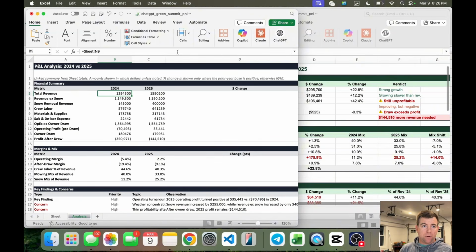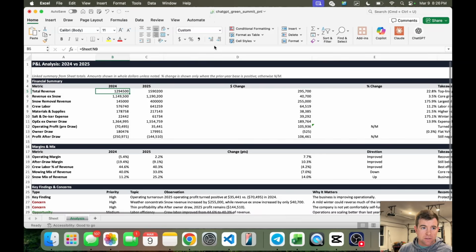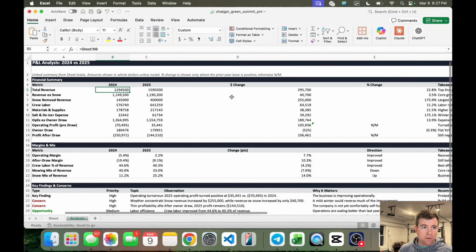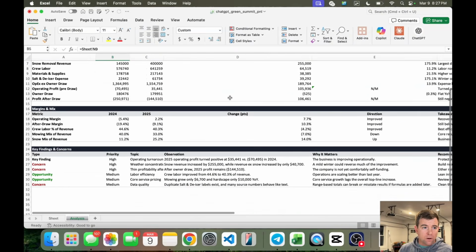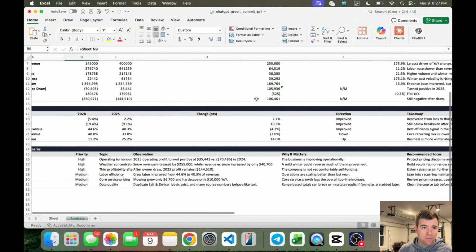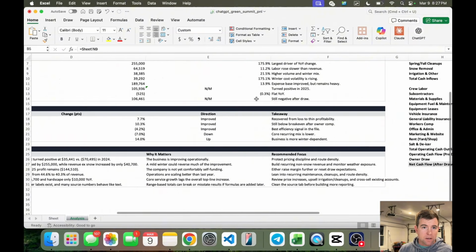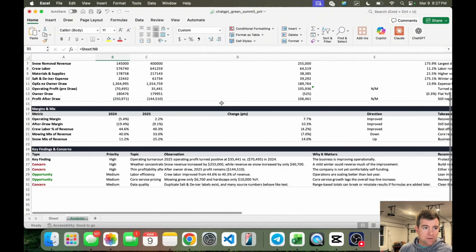Okay, and then at that point, I had also asked ChatGPT to split the analysis into its own tab. So it did that, and we can see just the side by side. Like I said, a lot less effort with the coloring and the formatting. But overall, both analysis tables did tell the same story. They both had kind of drivers and key findings, which is what I was hoping they would find. Both found that there was huge seasonality in the snow removal, and that was in the data, so I'm glad